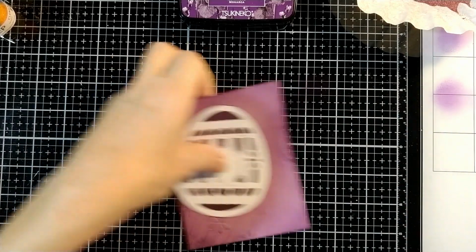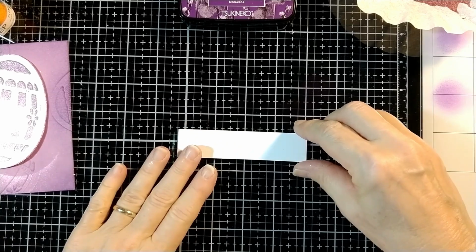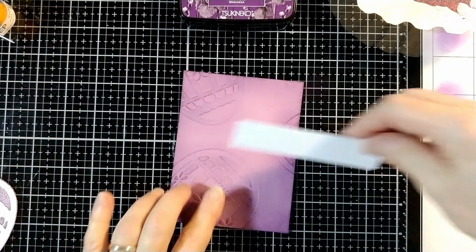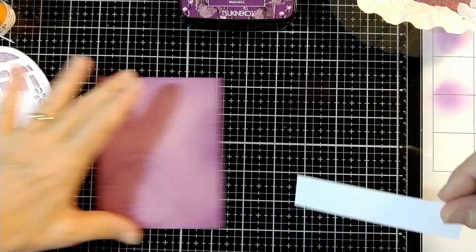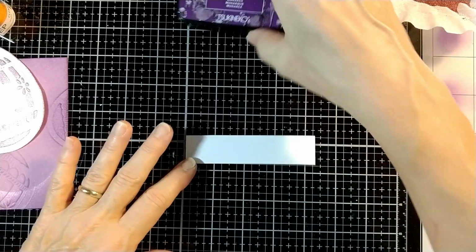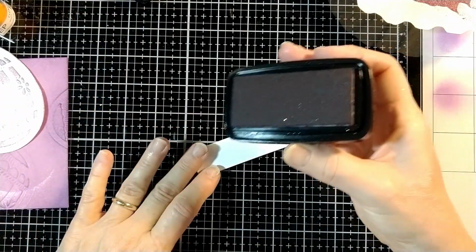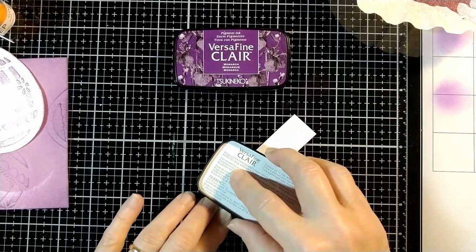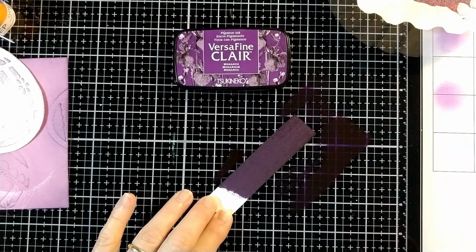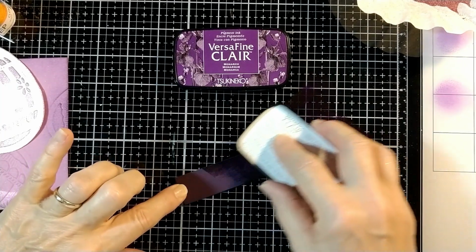Okay. Now we're going to make a belly band for our card. I'm using a piece of white cardstock. You should get enough eggs out of your cardstock that you have some extra at the bottom or top. So make sure when you put your eggs through the machine, you do leave some space to have a 1-inch strip. Now we need it to be dark purple, so we're going to ink it with the Monarch ink pad,